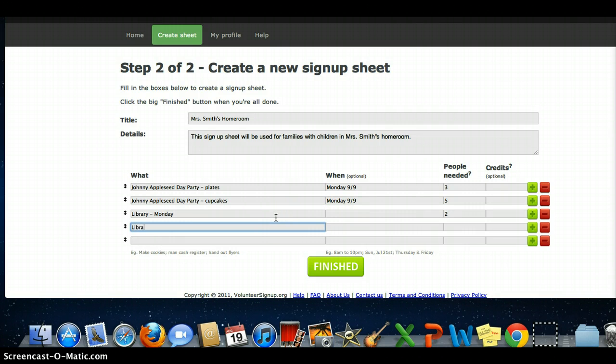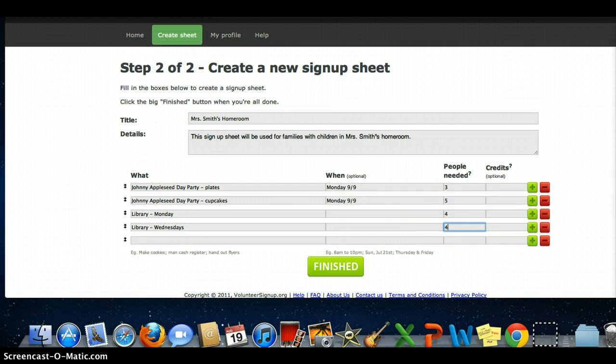But she also may have library on Wednesdays, and she may want to have 4 people, or find out if there are 4 people that she can rotate maybe throughout the month. So do you get how, depending on the event, you're going to have to be creative,